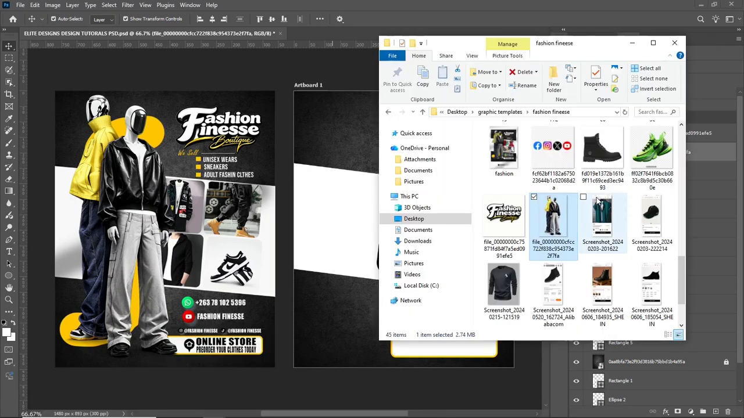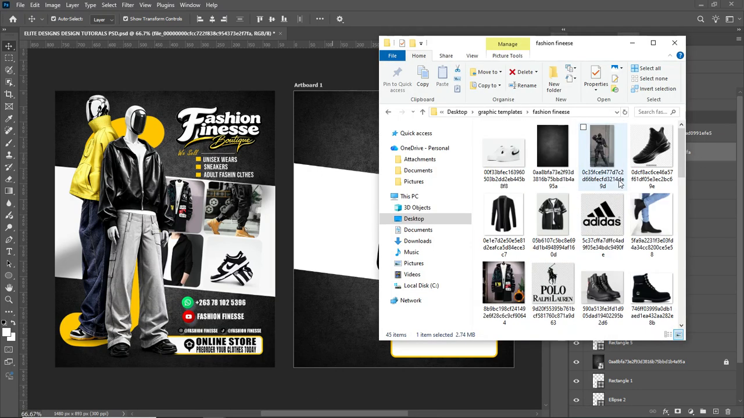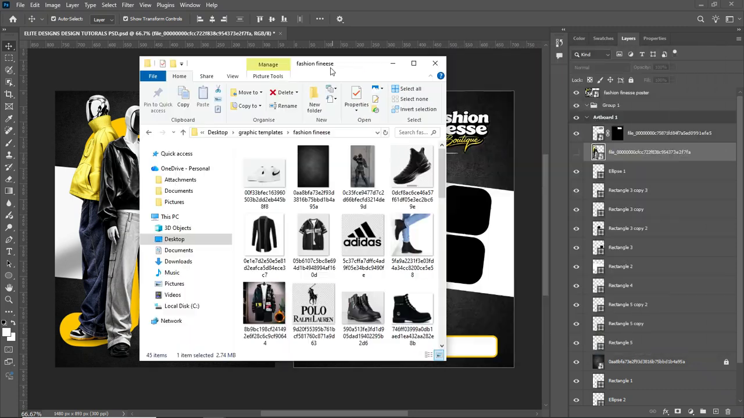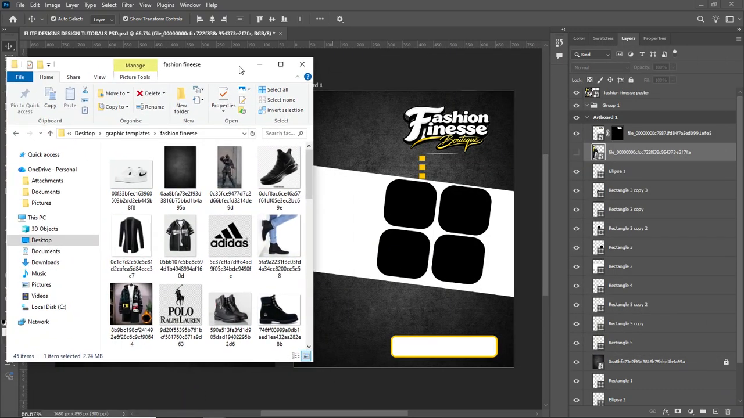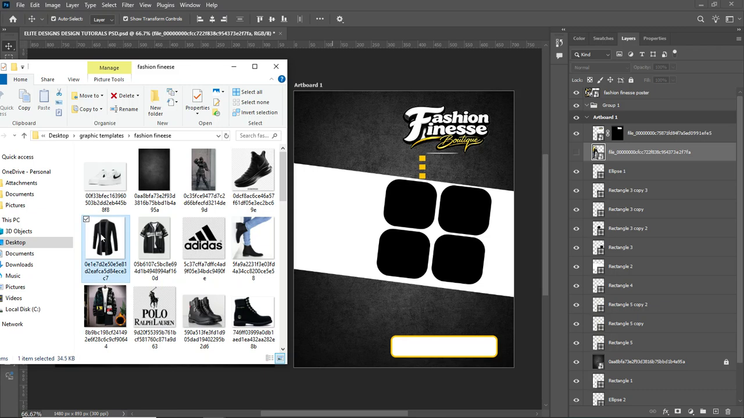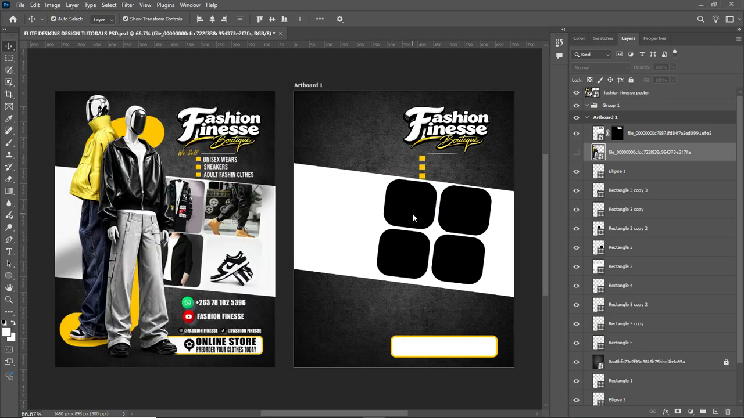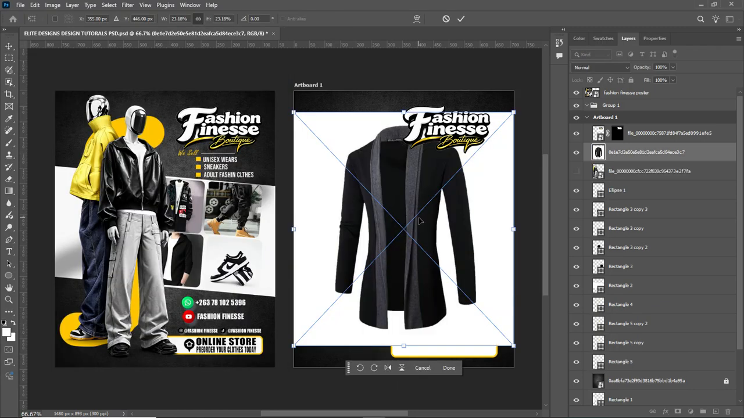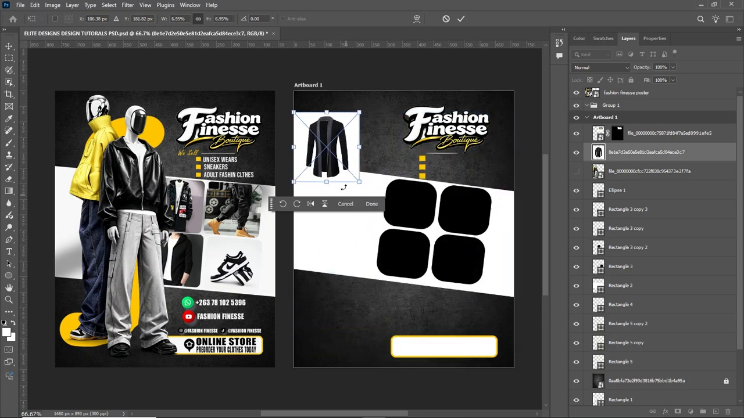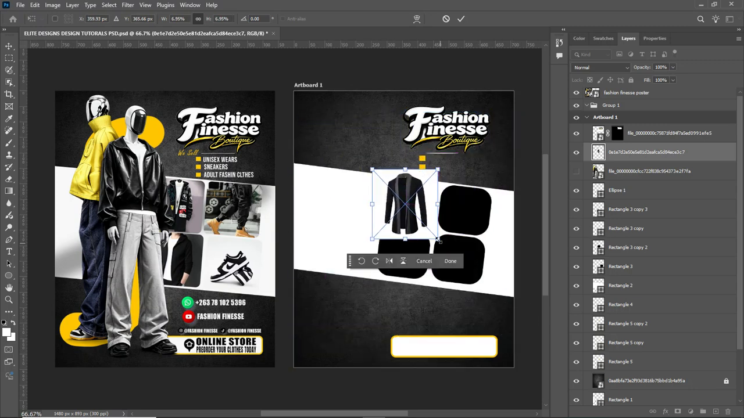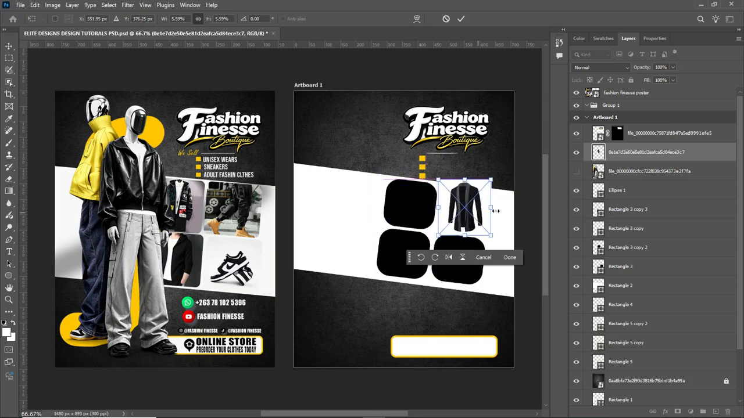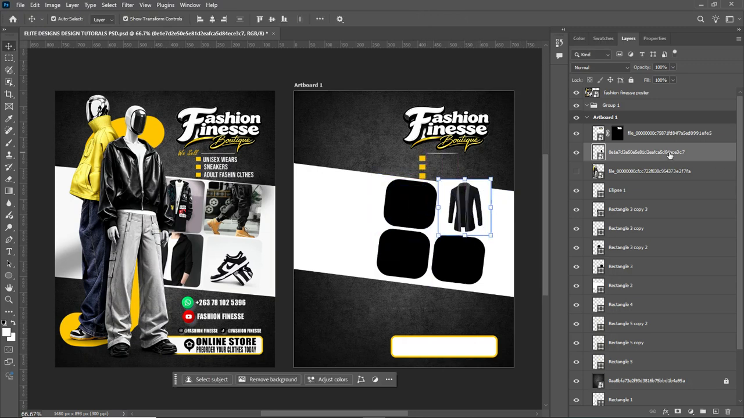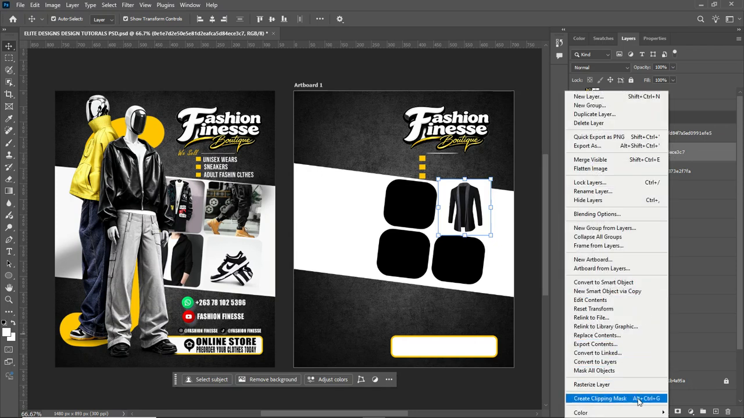So go to the folder, or use any pictures you have in your phone or in your laptop. So for me, I'm going to use these ones. I'm just going to put this right here. Right, shrink it up like this. After I've done that, put it on top of the shape, then go there, right click, then put create clipping